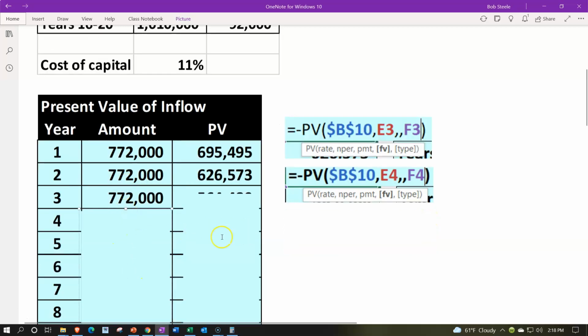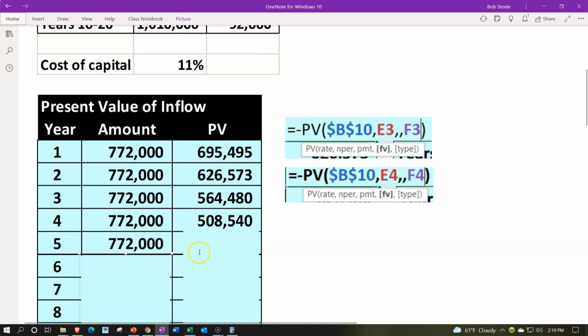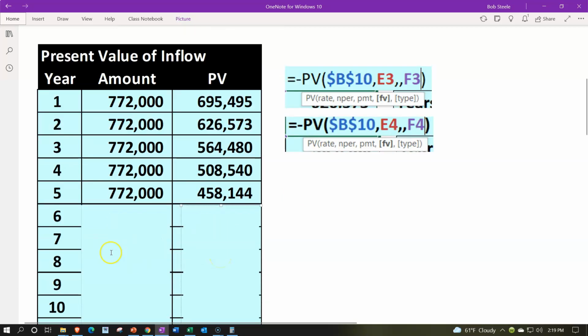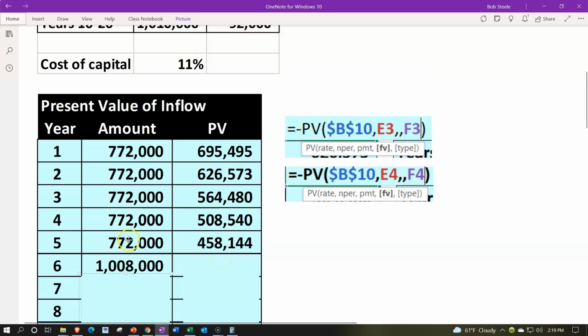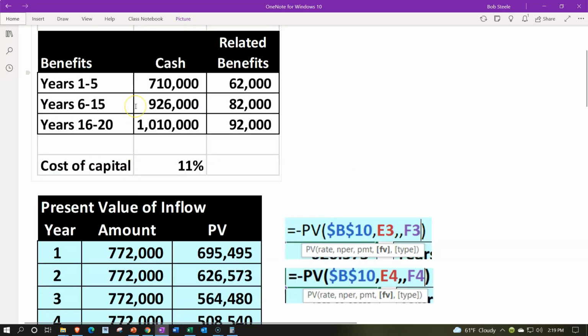We won't do it the whole way, but the next one, of course, 772,000 discounted 11%, 3 years out. We have a smaller amount, 564,480. And then we have the next one, 772 for 4 years out, discounted at 11%, 508,540. 5 years out, 772 discounted at 11% would be the 458,144. And then we have a different amount here because in year 6, we had the 926 and the 82,000